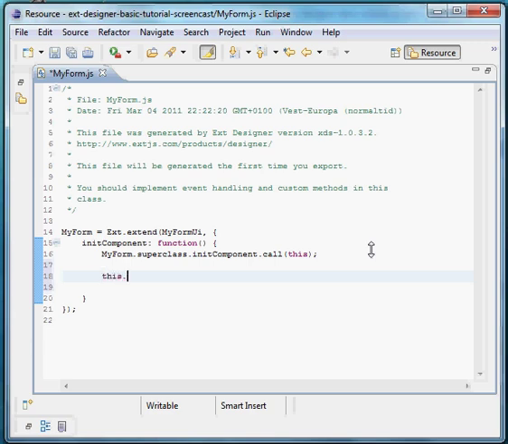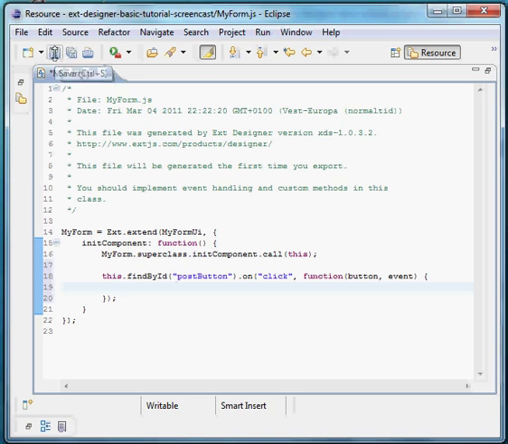Okay, this.findById. What did we call the button? Was it post button, I think? .on click, function call, with button and event as parameters. Okay, I'm going to close this. Okay, let's just save this for now,